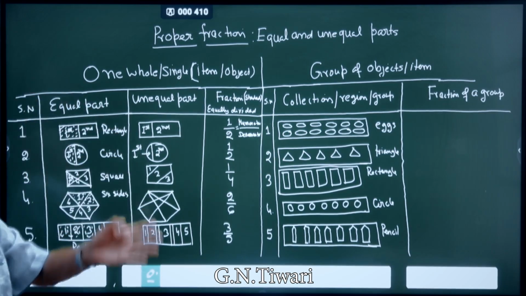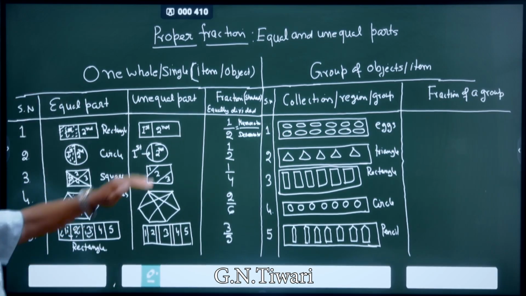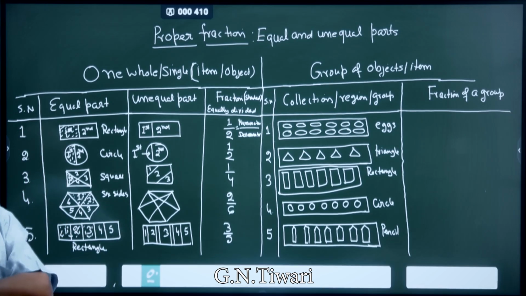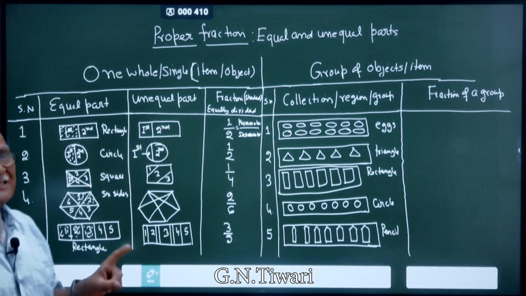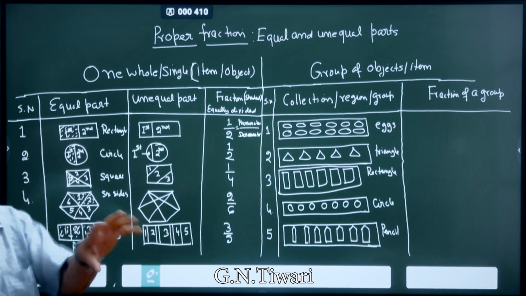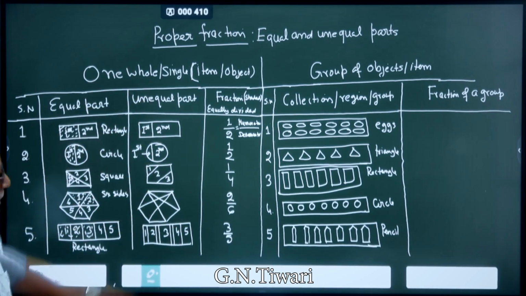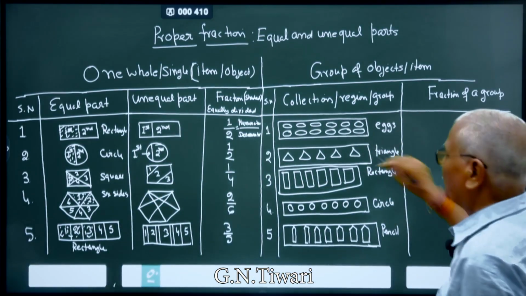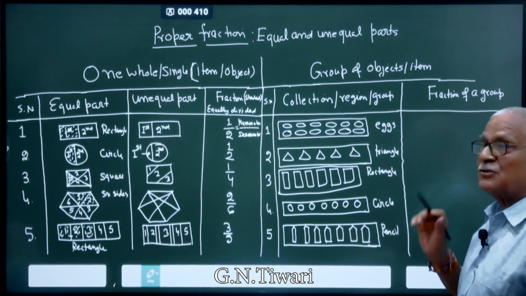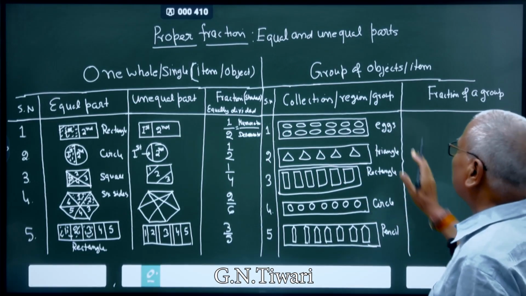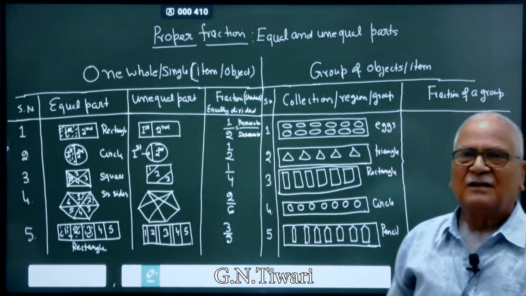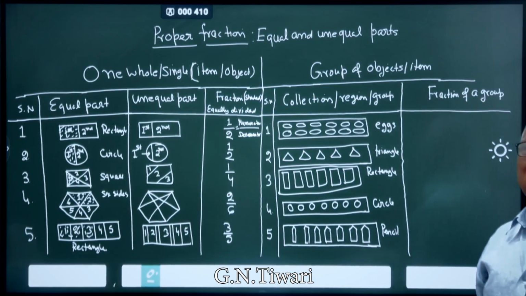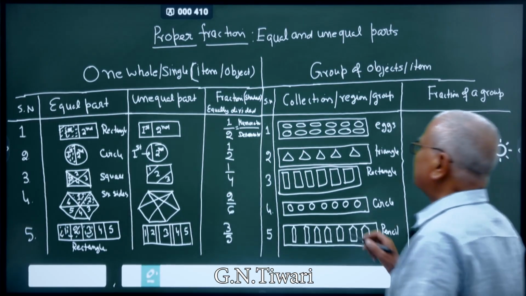Suppose again you want to define the fraction for a student. In the denominator, it should be the number of parts an object is divided into, and the numerator is the part which is shaded. In a similar way, if you want to define a fraction of a group, a number of x's are there. Suppose you want to distribute these x's to a person, and suppose I say that you give 2 x's to a student. So just draw a line here.